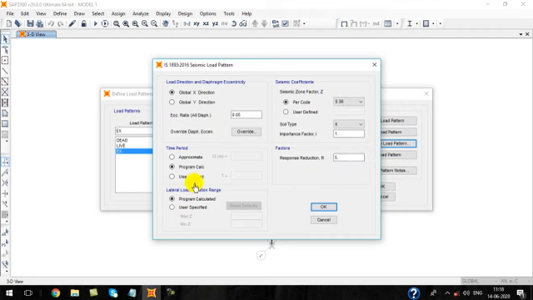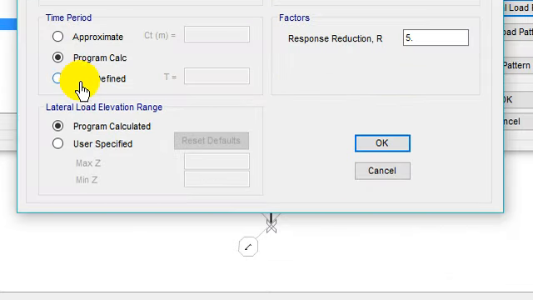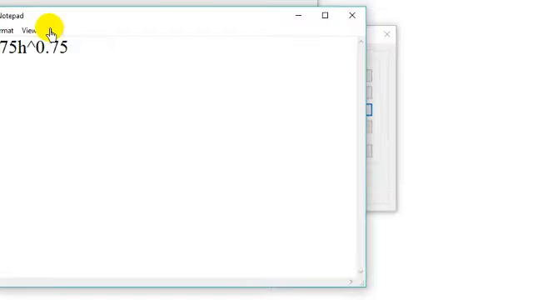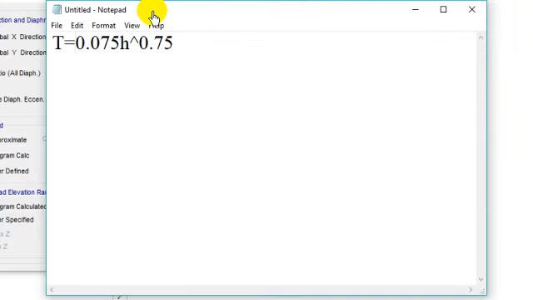And here for the time period, I'm going to find the base shear value in the x-axis, so the global x direction is considered. If you use program calculated, the software will consider the time period from the modal analysis only. Instead of that, let us use the IS code value. For that, the formula given for a bare RC frame is 0.075 H to the power 0.75.